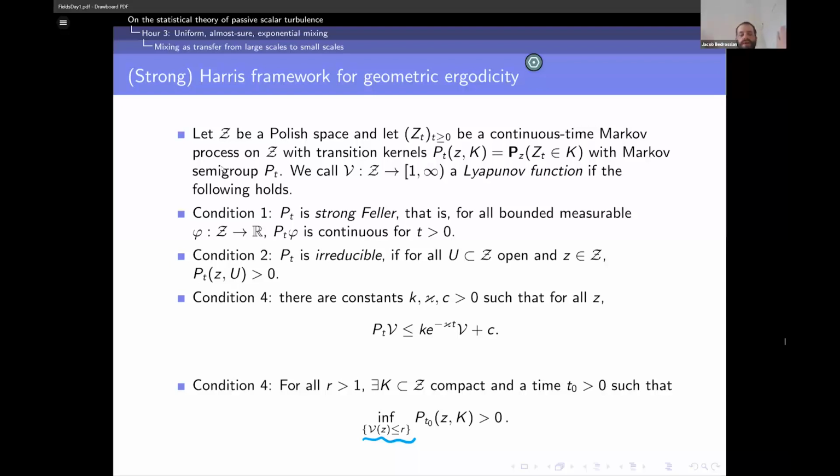So it says that, yeah, my phase space isn't compact, but as long as I stay controlled by V on sub-level sets of V, I'm going to kind of map into a compact set, with high probability somehow, with uniform probability, I think would be a better way of saying it. And this is actually not hard to prove. This is basically parabolic regularization if you have the right